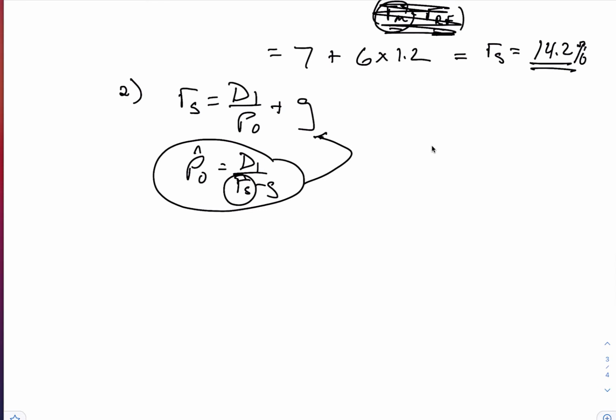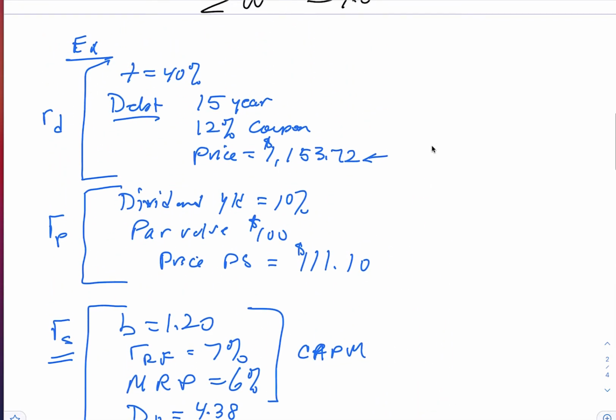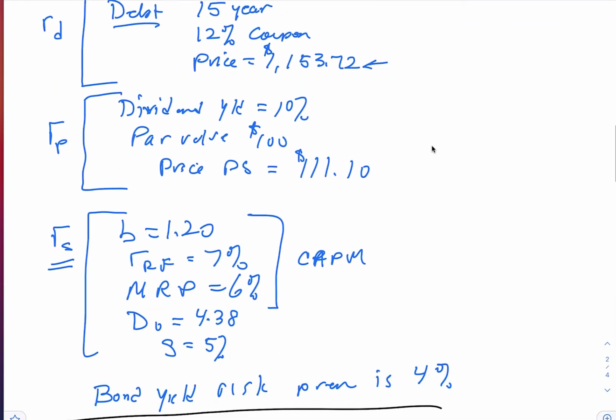And so when I use this formula, what I get is $4.38 times 1.05. That's last year's dividend times 1 plus G, the growth rate of 5%. So be careful, because you need D1 here, next year's dividend, and you were given last year's dividend. So just grow the dividend. No big deal. Now, one thing I haven't given you, and I should give you up here, is the price of stock, let me put it in blue for you.